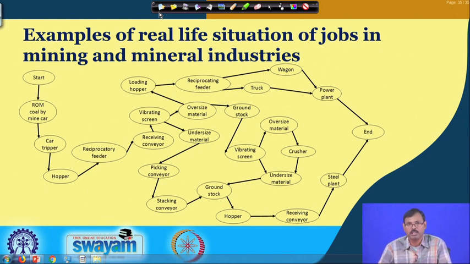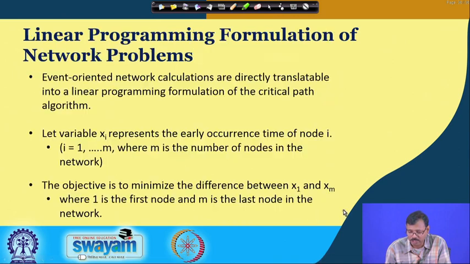Similarly, we have any number of processing networks in mineral processing units: classification, froth flotation, ball mills, desilting, and all of those are associated in those processing plants. They have to be considered with due importance and due weightage while the networks are being analyzed. So, this is one example given for a real life situation.